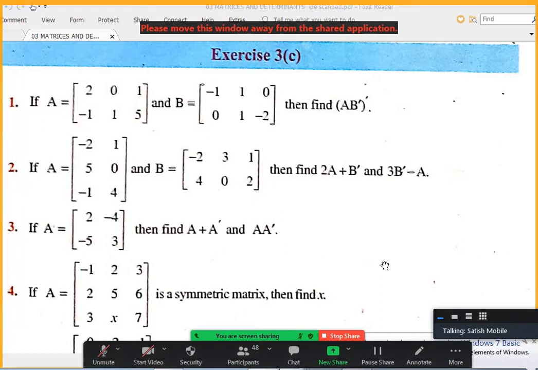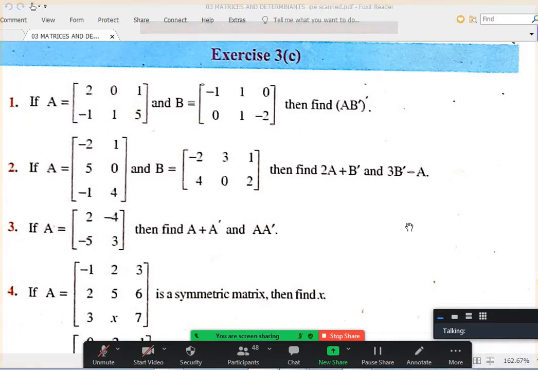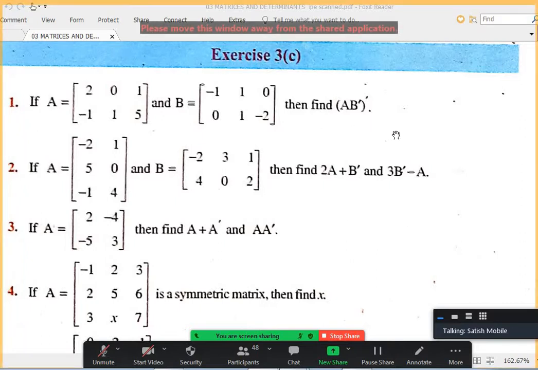Okay, you can see on the screen matrices and determinants. This is exercise 3C. Any doubt about the first three questions on the screen? No, sir. Very first question, there are two ways somebody can do it. You can multiply A into B transpose, find the answer, and then transpose it. Or can I say (A B transpose) whole transpose is B A transpose? Yes, sir. So somebody can find B A transpose also and directly get the answer. Either way is okay. Okay, first three questions, no doubt.